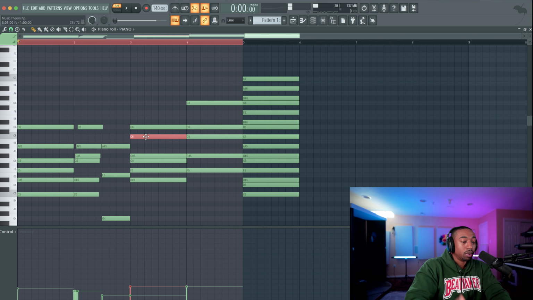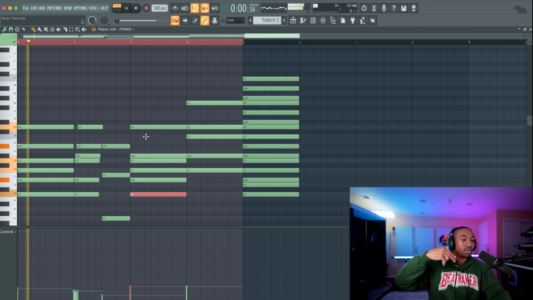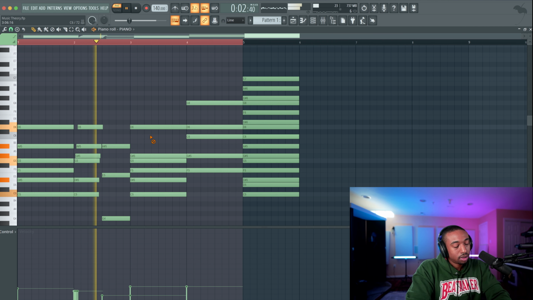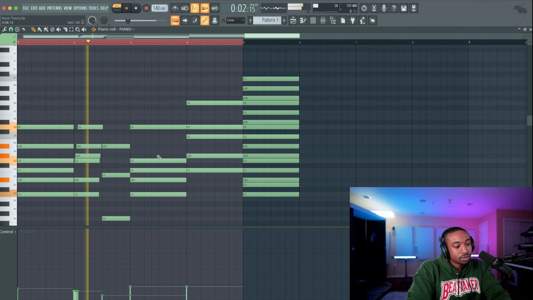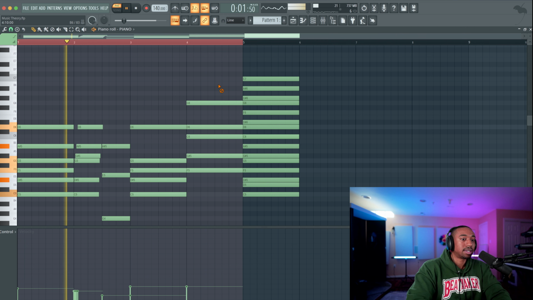So let's move this note away so it's not so conflicting. Let's pull it down an octave. Okay, so that's how you would get that vibe.